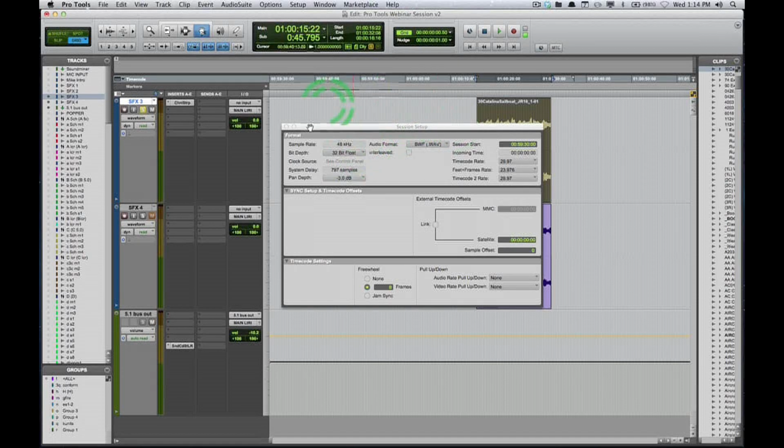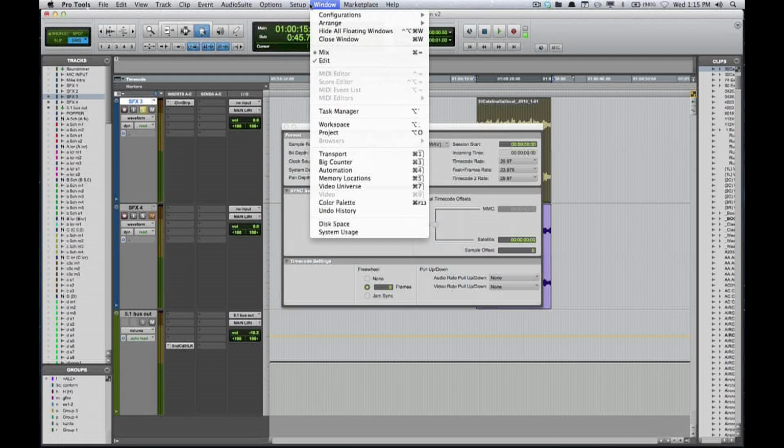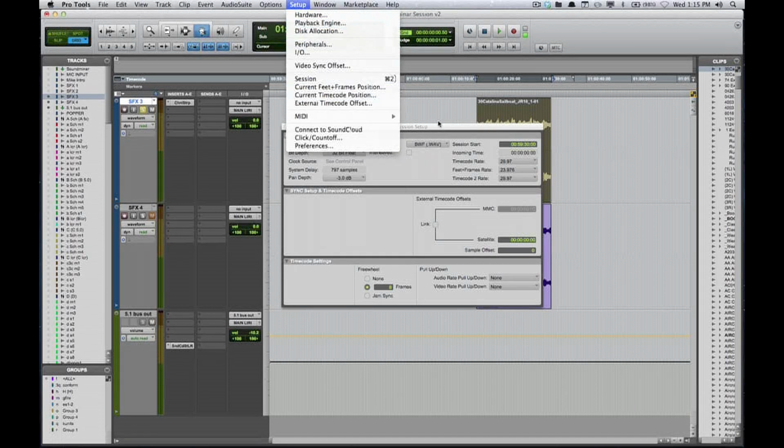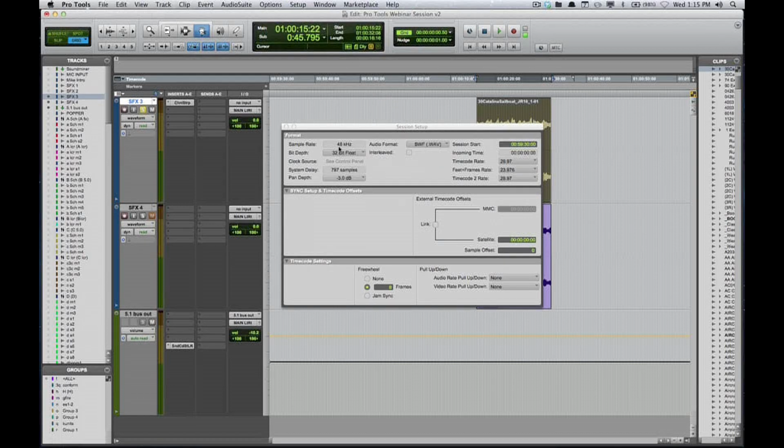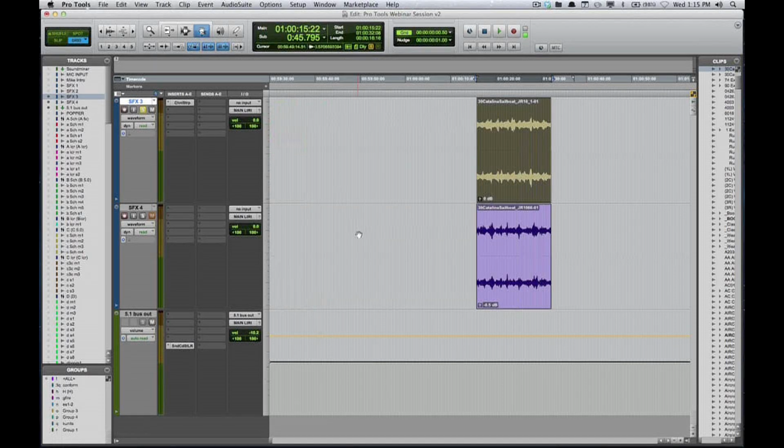You can get in right here. If you go in your session setup, by hitting Command 2 on your numeric keypad, or if you go into setup session, your session setup window right here, you can change from 24-bit to 32-bit floating right in here. Very easy to do. And it's something else that puts Pro Tools up against, for your large format mixing, the Neves and boards of that caliber. Another great feature.